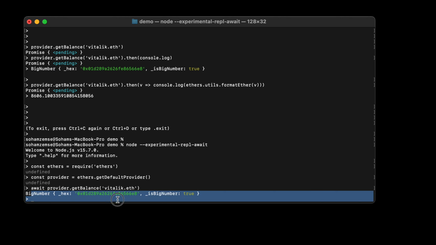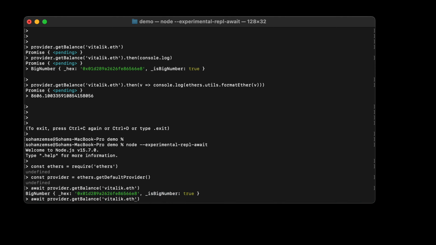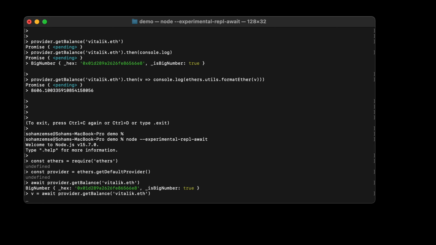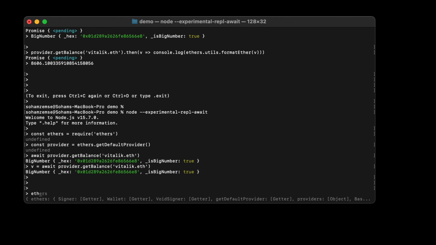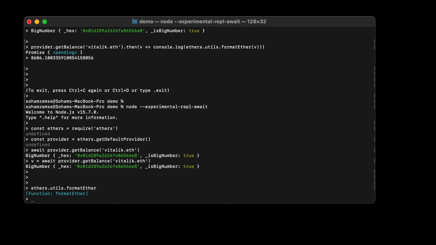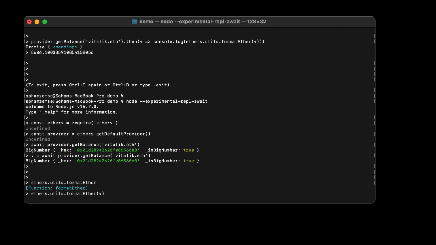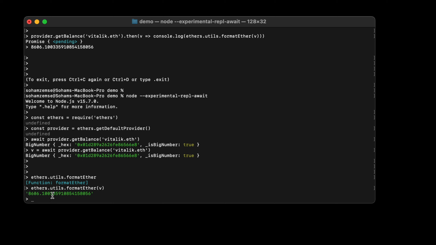And we get the result. And definitely we can also work with the result. So now the resolved value of the promise is stored in v. So that's how we can use ethers.js in REPL.